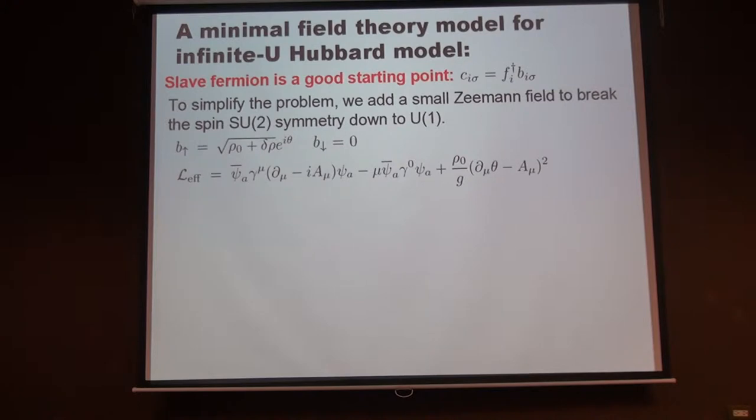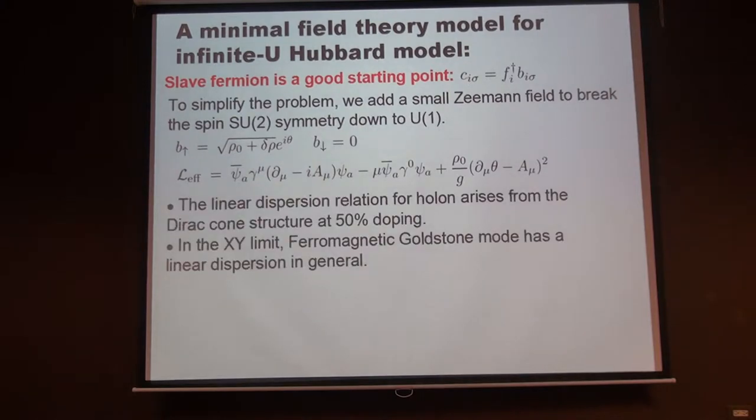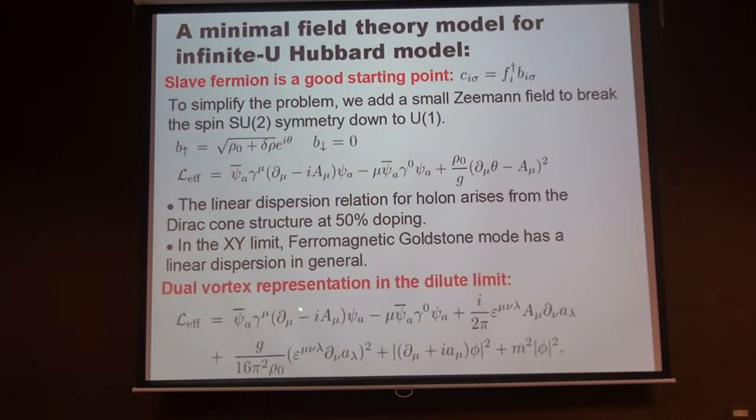We just have a two-component Dirac fermion. So this A equals 1 or 2 because we have AB sublattice. And this holon is also coupled to this fictitious U1 gauge field. But in the Higgs phase, because the quantum fluctuation of the fictitious U1 gauge field has been suppressed, we can have some controlled calculation. So the idea is the following: we first apply the so-called dual vortex representation. The duality is actually standard, but